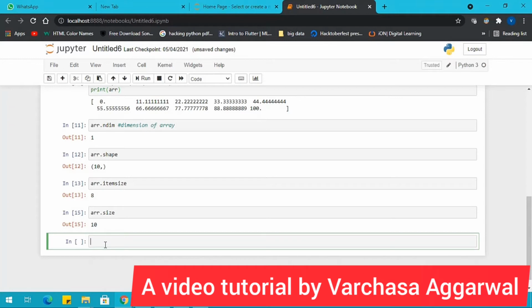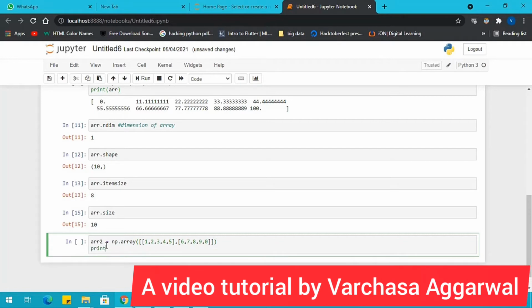Moving towards, now let's see how to create a 2D NumPy array. This is a 2D NumPy array.